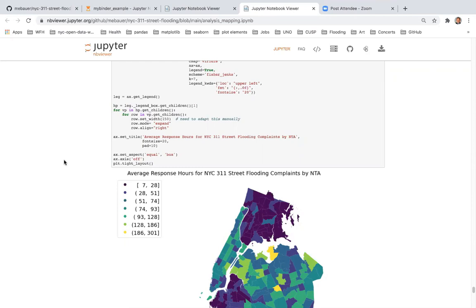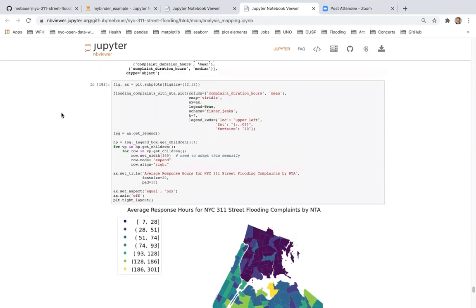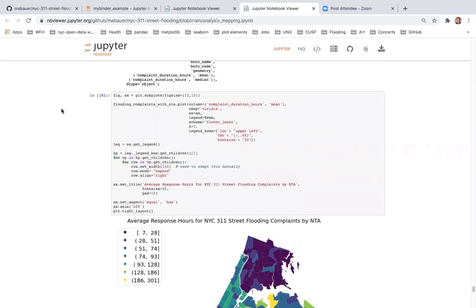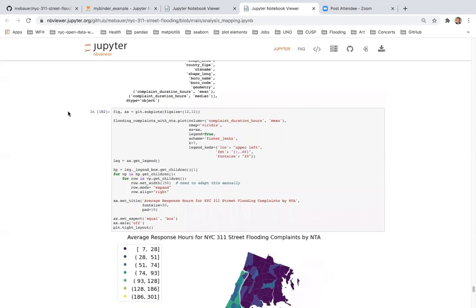And then I just subtracted when this complaint was submitted from when the complaint was addressed. I can show you, there's a field that has both of those time values.